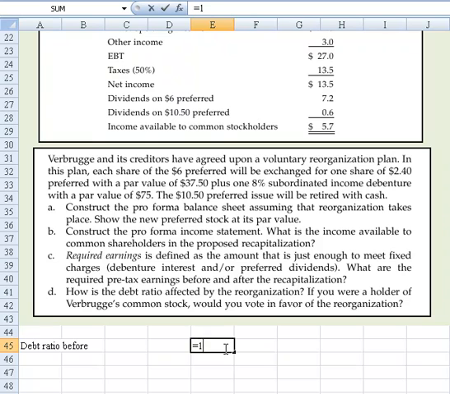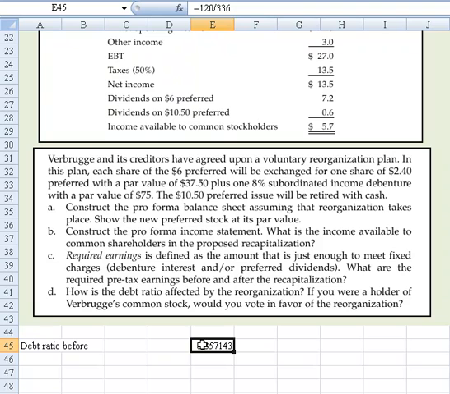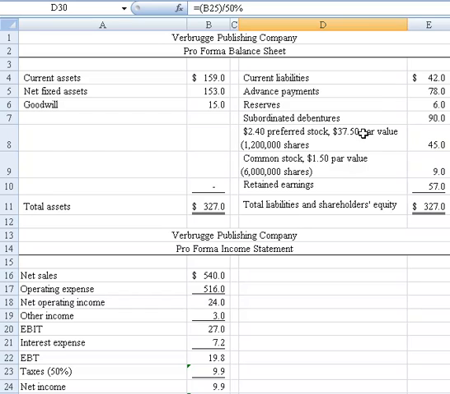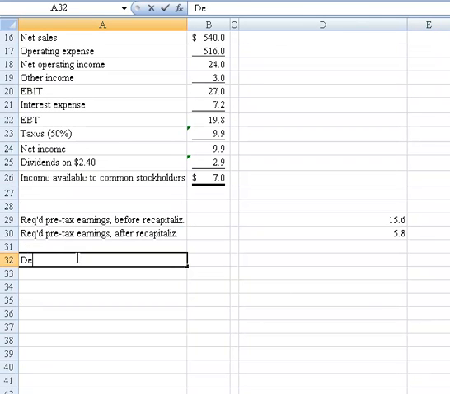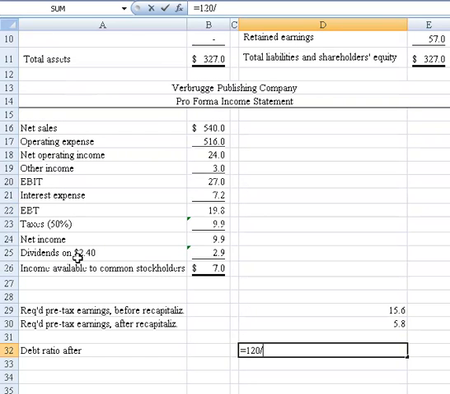Okay, so I've got 120 of debt divided by total capitalization of 336, right? There's our 336 to the left of the mouse. So our debt ratio is 35.7. Now when we flip over to the other side and take a look at it, let's slide back up. We've got the same 120, the 42 plus the 78. So debt ratio after is again equal to 120, divided by total capitalization, in this case 327. And we see that the debt ratio moved from 35.7%,